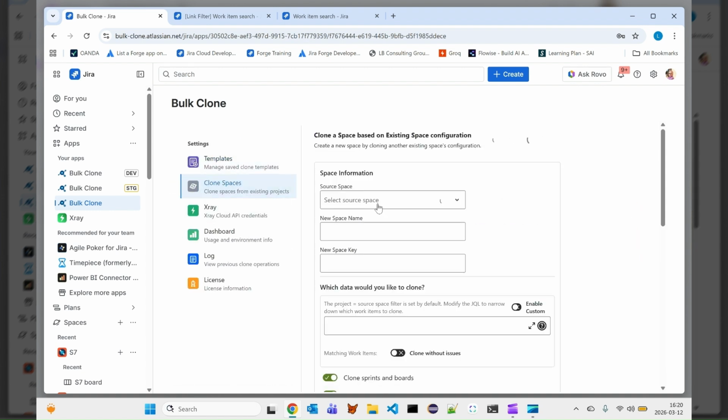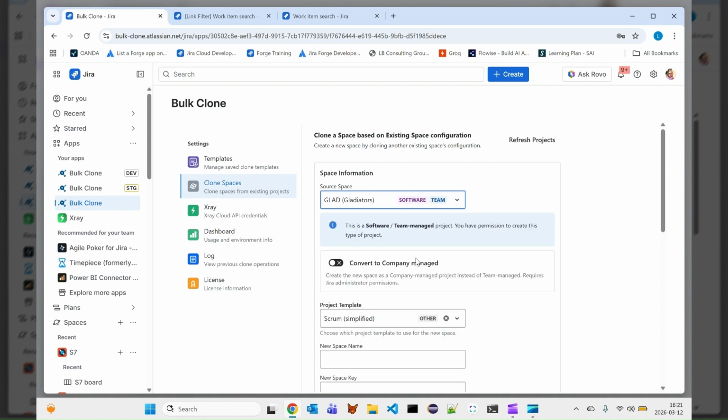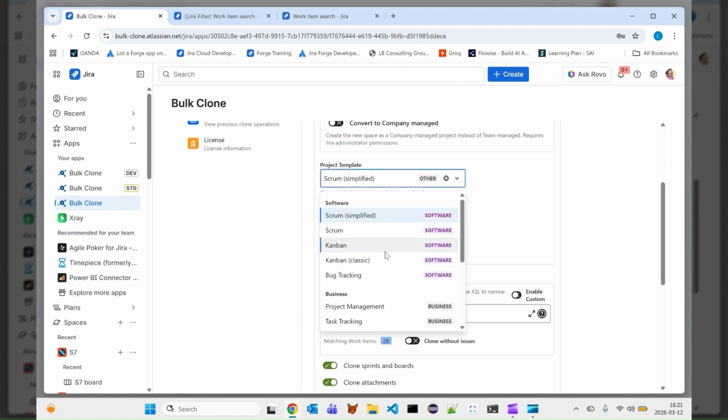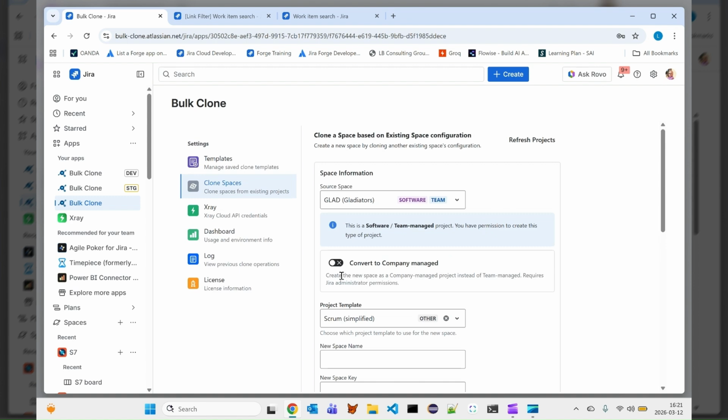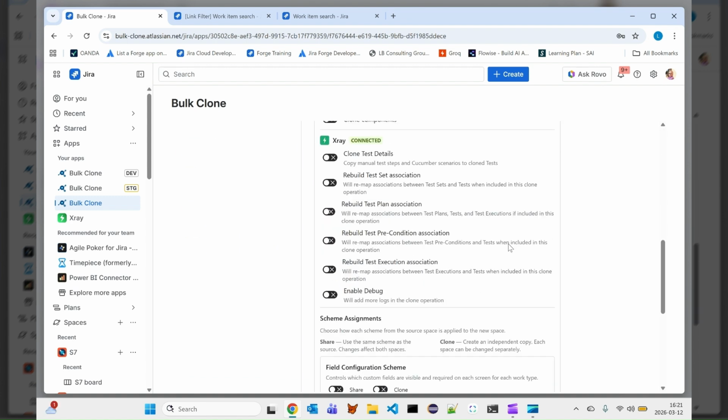Clone spaces is particularly useful for Jira admins. Here is where you can create a new clone or a new space or a new project based on an existing source project. You can carry over configurations and everything else. So just to give you an example here, we have a team-based project. There are a bunch of different templates we can carry over, or we can convert it into a company-managed project, and then you will have a set of